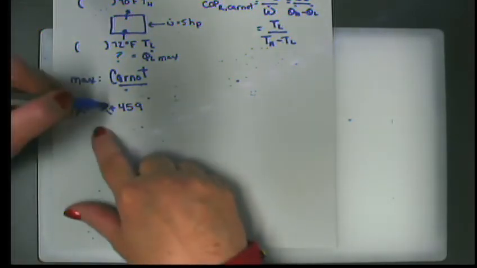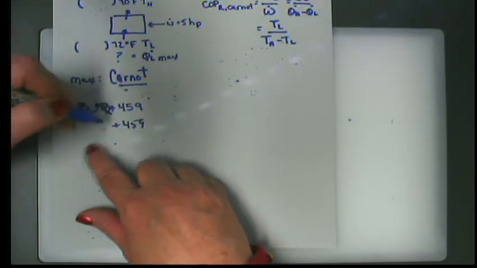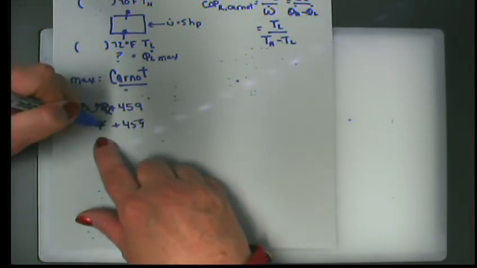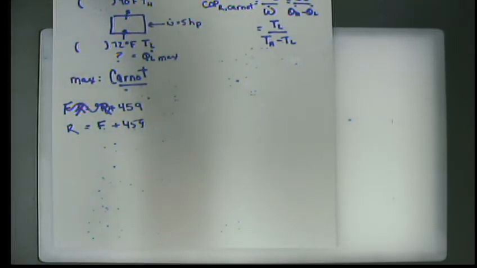No, I did it right the first time. Sorry. 459 plus degrees Fahrenheit equals Rankine. That's not correct. I've got that backward. I know what I'm saying, but I'm doing it backward. So if we have,